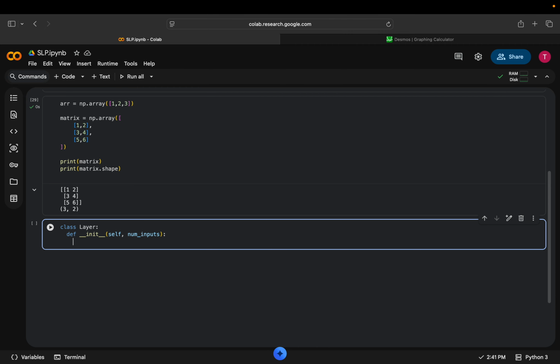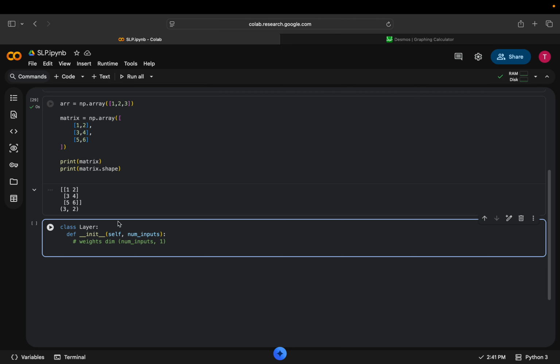The weights have dimensions. In the last videos, we said they have number of inputs for the number of rows and 1 for the number of columns. Given that we have a single layer perceptron with this number of inputs, we want to create a weight matrix with these dimensions, where the number of rows is the number of inputs and there is one column. I just want to create a random matrix for now. So I'm going to assign the attribute weights to the layer, and I'm going to say self.weights equals